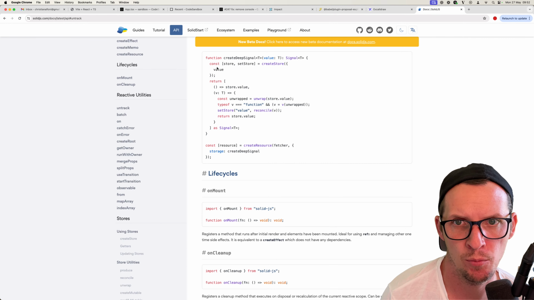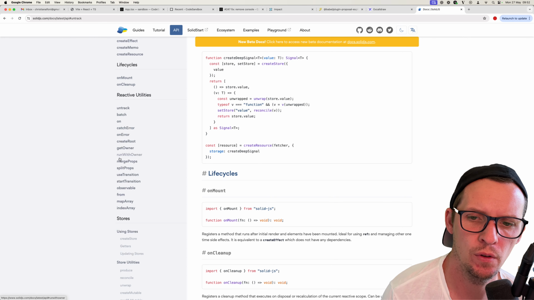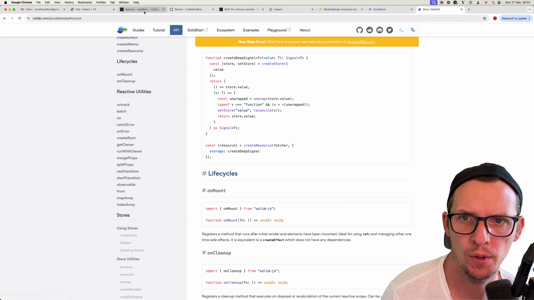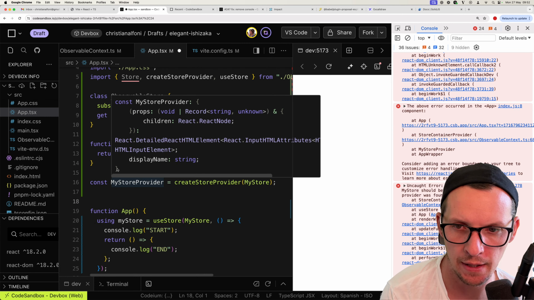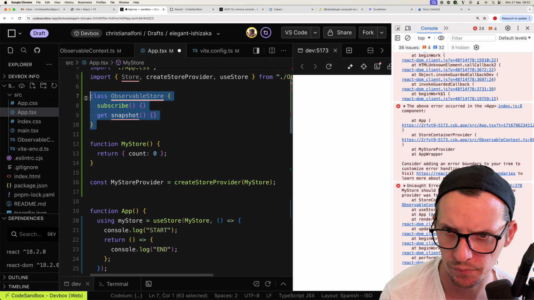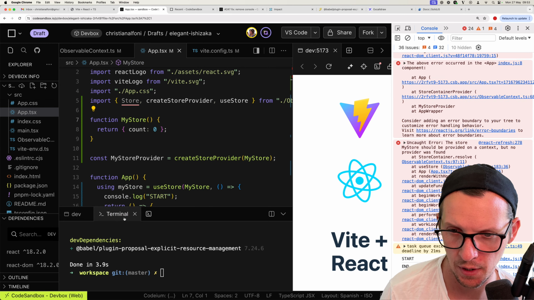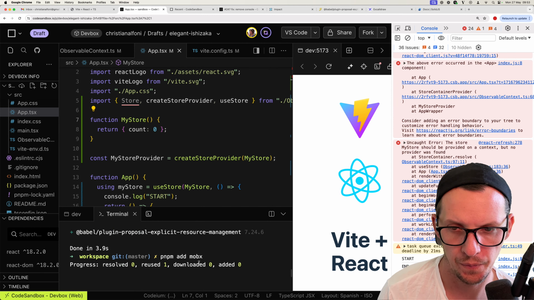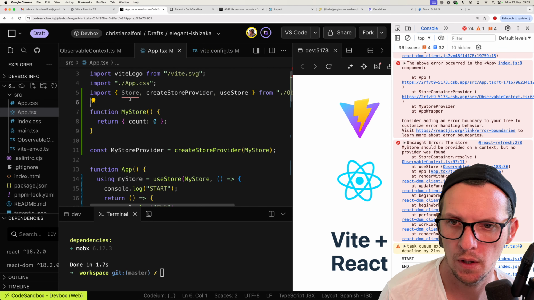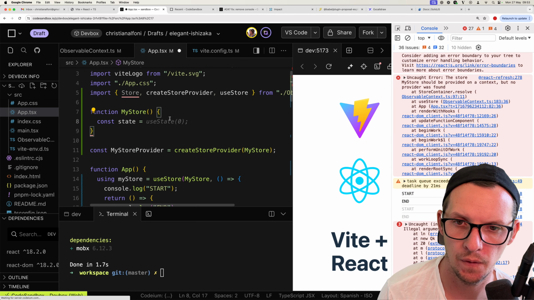Or should we just try to make MobX work? Because then we can just copy some code. You know what? We're just going to try to make MobX work. That's what we're going to do, because that's ultimately the thing we want to do here. So let's install MobX, and then we're going to dive into some MobX source code. MobX. And then we're going to make state equals